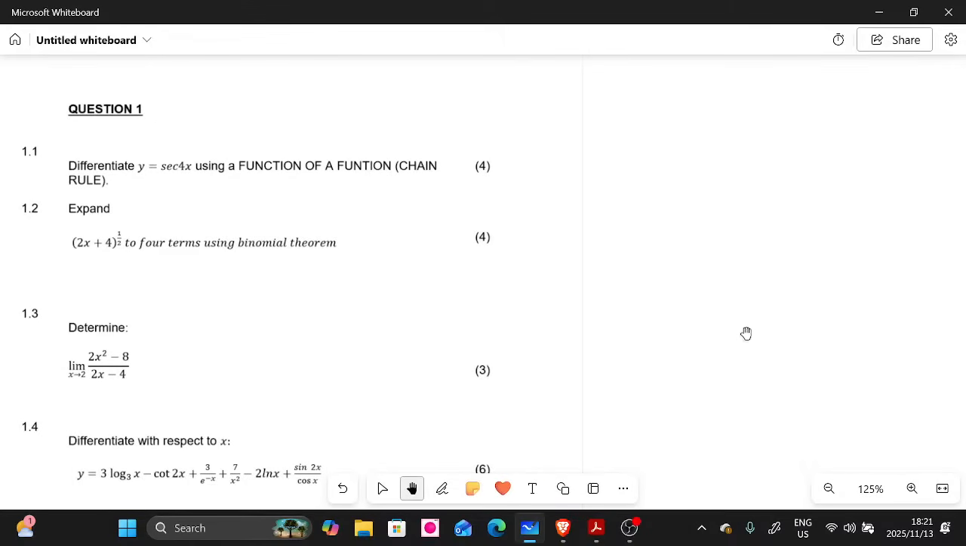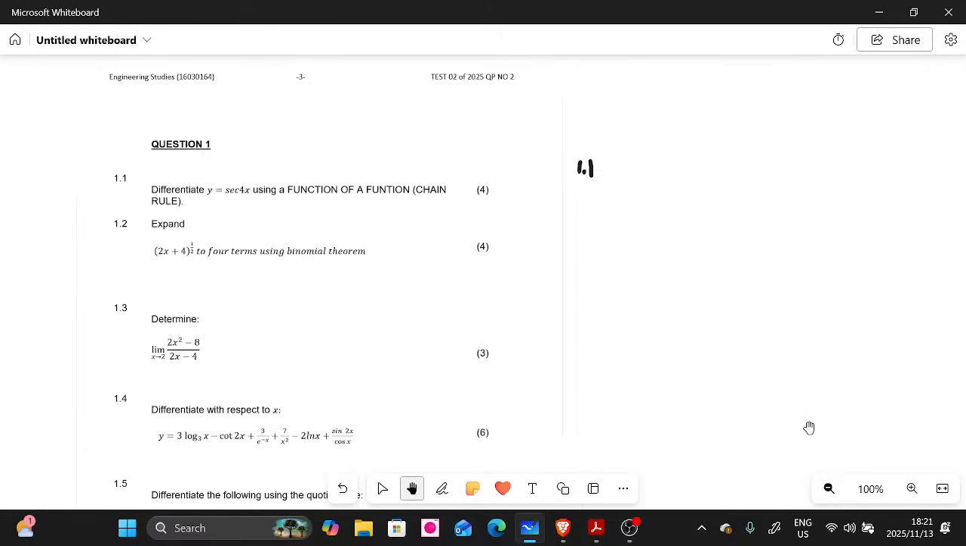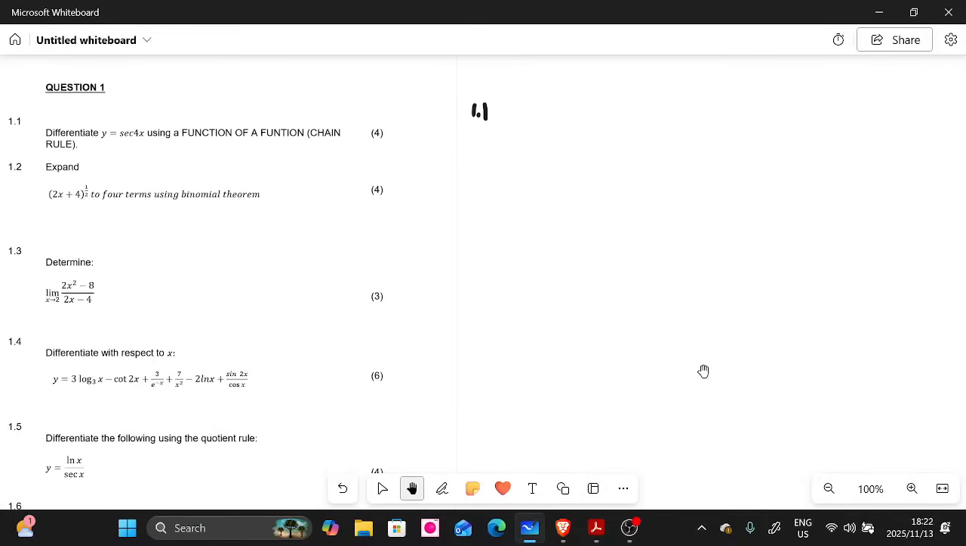So let me first write this equation here, 1.1. So 1.1, right? So let me zoom down a bit, guys. Let me zoom down a bit. Let me know if you cannot see, and also let me know if you can hear clearly there on the live chat. So 1.1. So we are given y is equal to sec